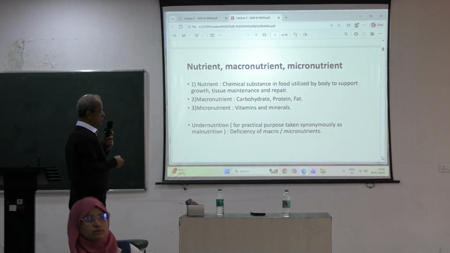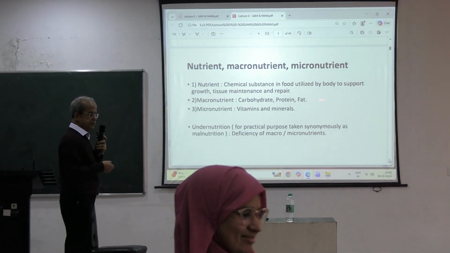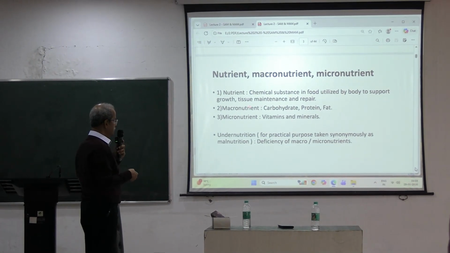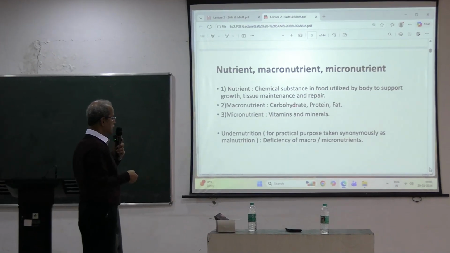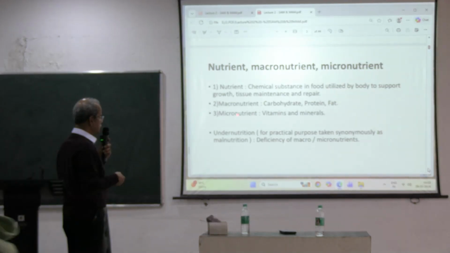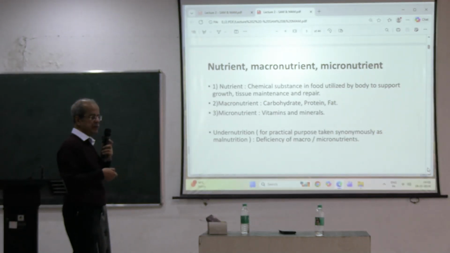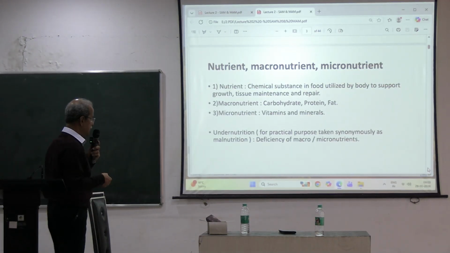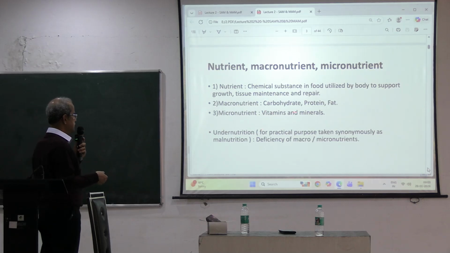Now, nutrients can be of two types. One is macronutrients, which are needed in bigger quantities, and that includes carbohydrate, protein, and fat. And the other is micronutrient, that is required in very small quantities, in microgram or milligram, that is vitamins and